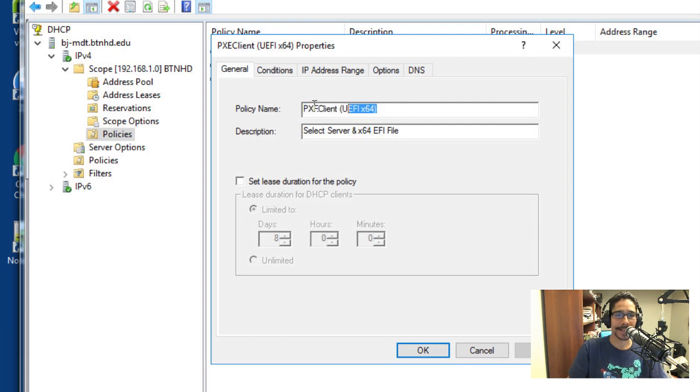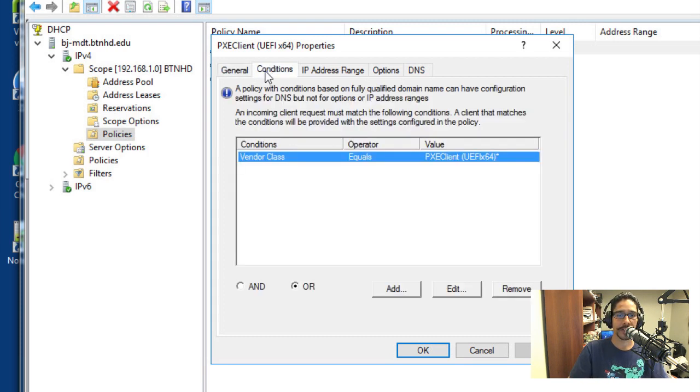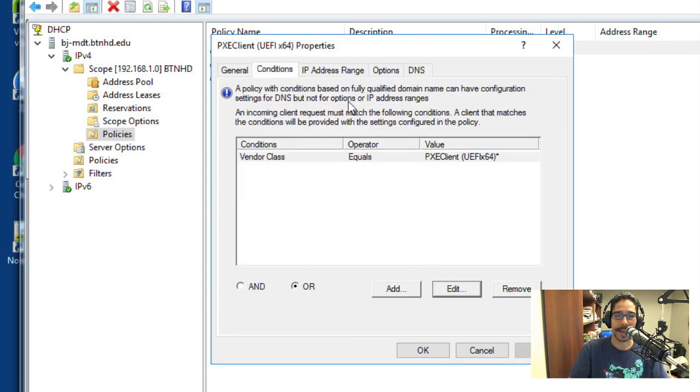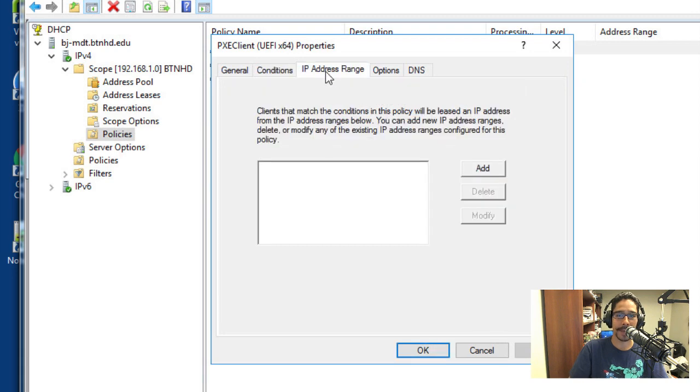Okay, so the policy name, I gave it that, and a nice little description. The condition, this is the vendor class. It has to equal that, so I'm going to edit that. And this is it. Again, I'm going to be placing all this information for you guys, so do not worry about it. Okay? So once you create that class, also for the IP range,